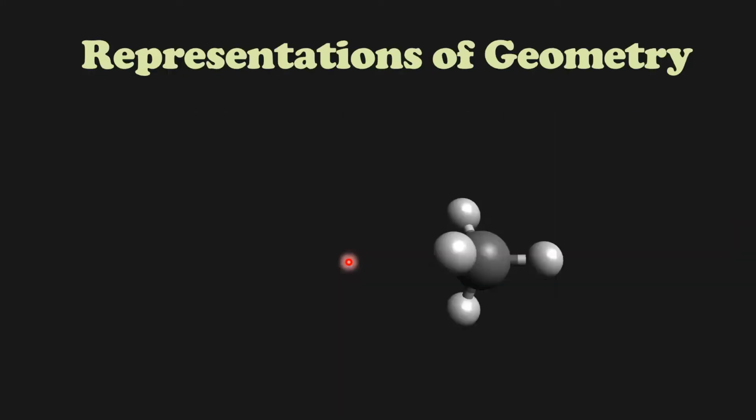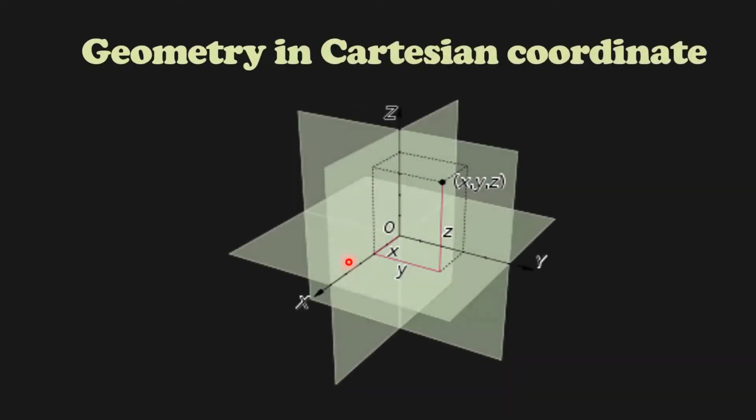Now we will see how these molecules are represented. We have just dragged and dropped and drew the molecule in the graphical visualizer, but how does the computer know it? How is it represented in the computer for the calculation? How can you represent a geometry, certain points in space? We can use the well-known Cartesian coordinates, where there is an origin, and the points are kept at a distance from the x-axis, y-axis, and z-axis.